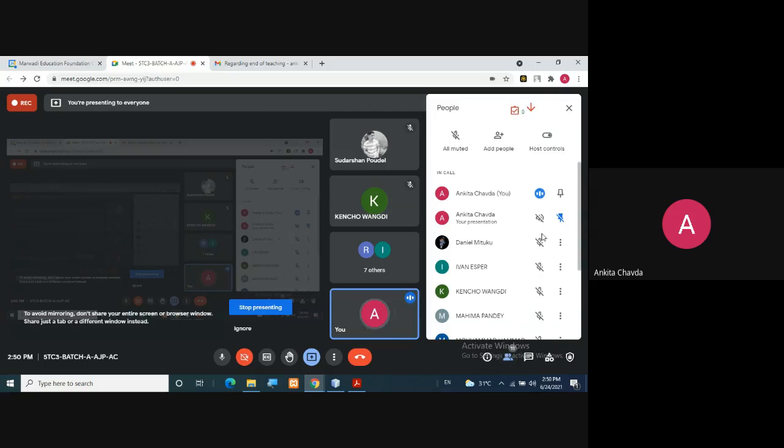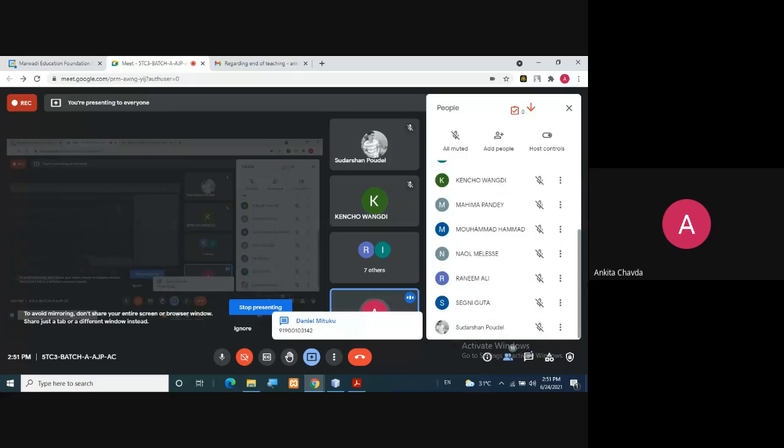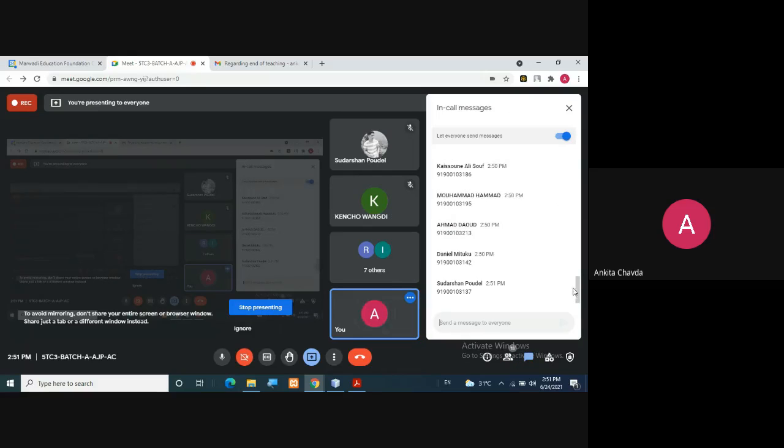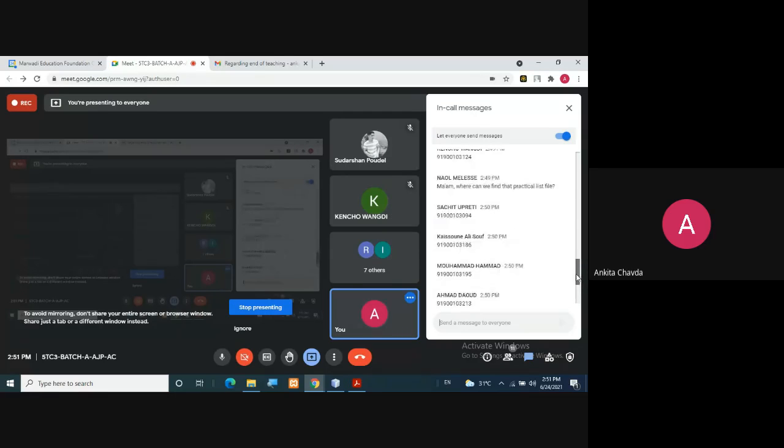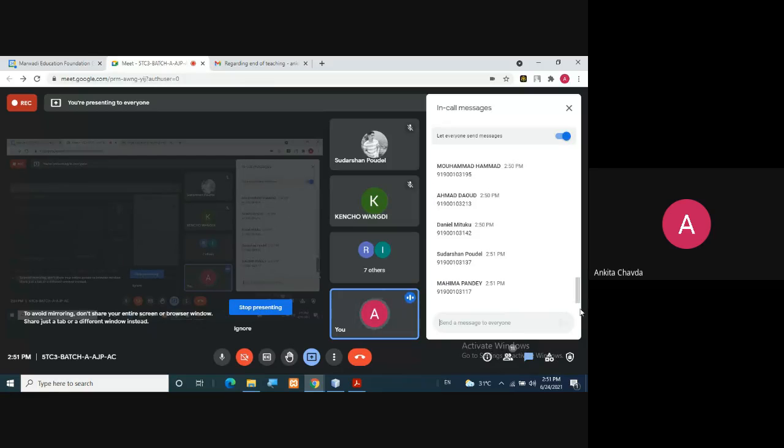Still a few students have not yet written their number: Daniel, Ivan, Kencho, Maima, Muhammad Hamid, Naul, Ranim Ali. Ranim, you were not in the lab, right? So you cannot write your number. Sagni and Sudarshan, if you wish to write your number, please write it quickly. Else I'm about to end the session, and then I will not consider any attendance in the WhatsApp or Telegram group.